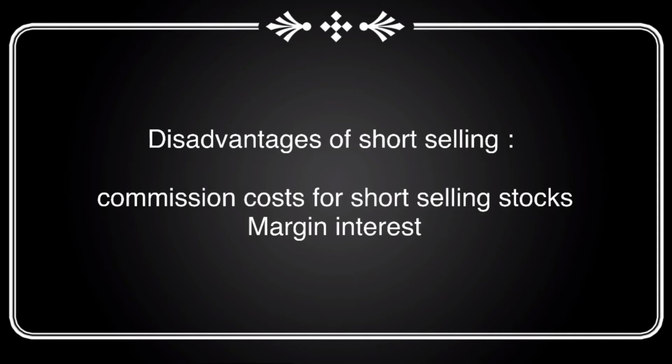The second one is margin interest. So, shorting a stock will place a hurdle of 7% to 10.5% every year in your way. This means that you may have to earn at least a 10.5% annualized return on your short sale just to break even. If you go with a broker that charges margin interest, you had better be sure that you are right.